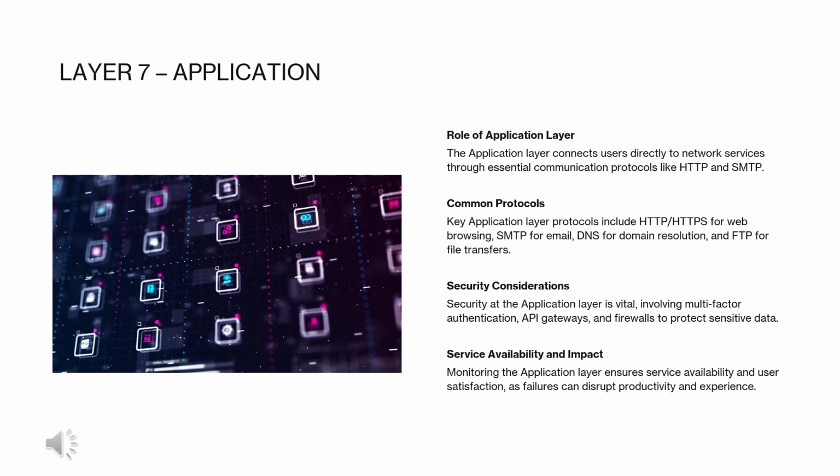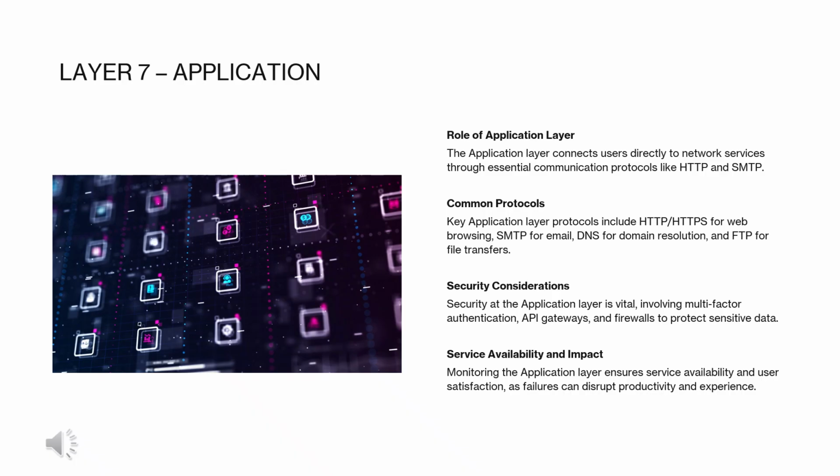Key application layer protocols include HTTP and HTTPS for web browsing, SMTP for email, DNS for domain resolution, and FTP for file transfer. Security at this application layer is very vital, involving multi-factor authentication, API gateways, and firewalls to protect the